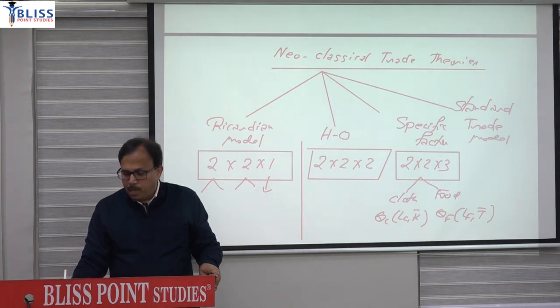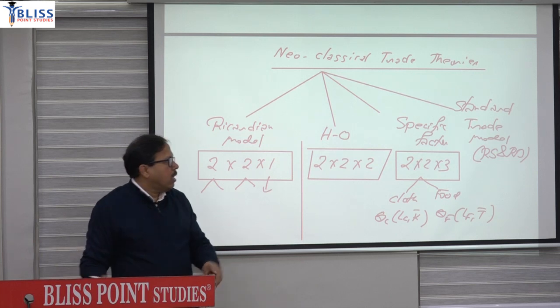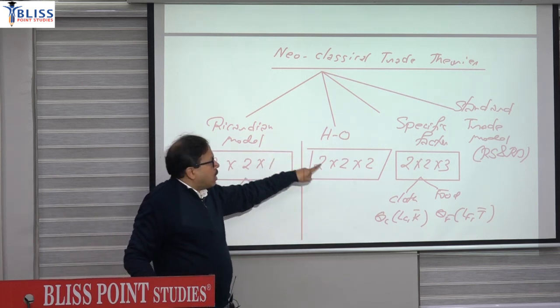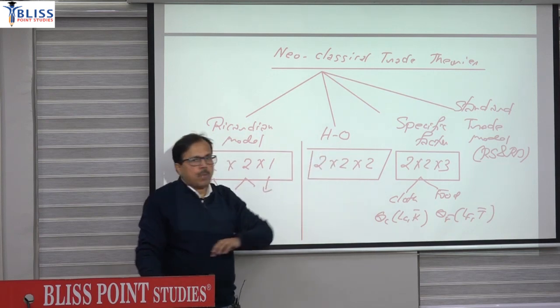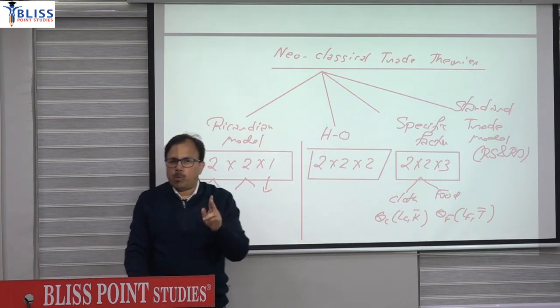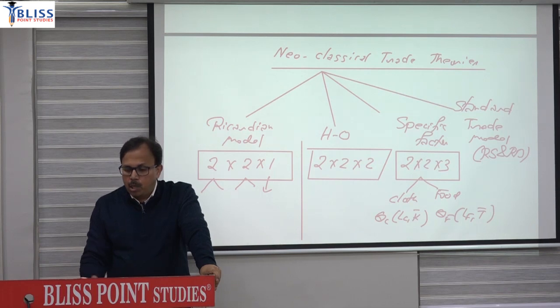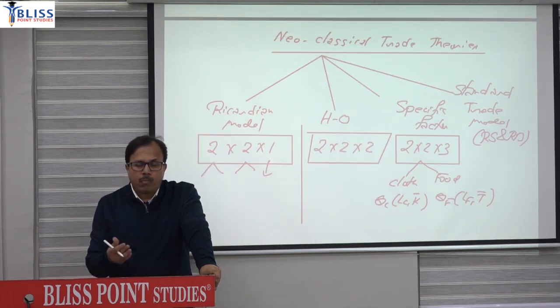In that standard trade model, we will use the relative supply and relative demand curve tool to explain the trade, and that will again use the assumptions of the HO model. So by using the assumptions of the HO model, we will explain that standard trade model. So again, the 2 by 2 by 2 format will be in the standard trade model, but the standard trade model will explain